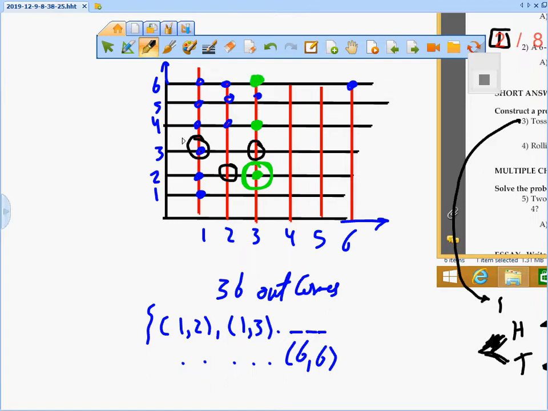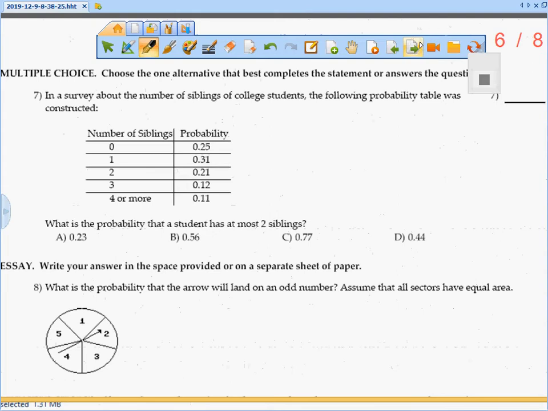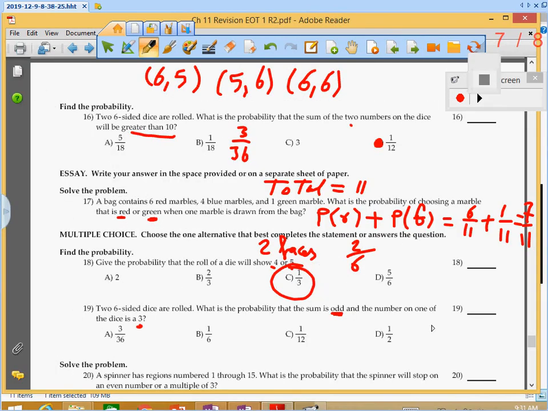So I have 3. Now what about this 3? 3 and 1, sum is 4. But 3 and 2, sum is 5. 3 and 4, 3 and... So 1, 2, 3, 4, 5, and 6. So it's supposed to be 6 out of 36, which is 1 out of 6. For number 20,